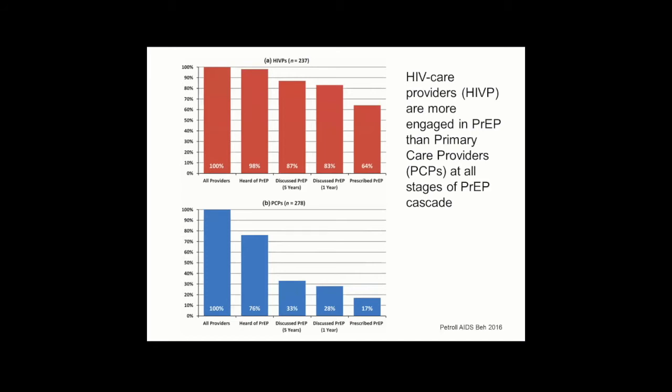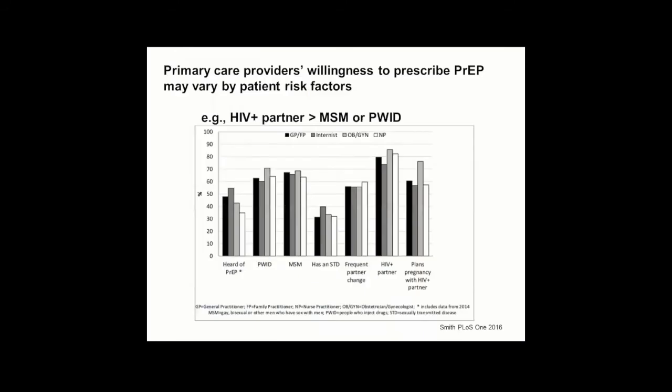PrEP. So if you think back to that conceptual model, the diffusion of innovation model, it really almost exactly matches that early adopter innovator group where about 15% or so of people in the community have done this, and we need to figure out ways to make it as easy as possible for a majority of providers to get on board. As you think about engaging providers in something like PrEP, some other data from a national survey of primary